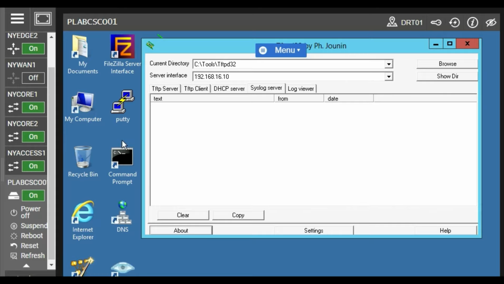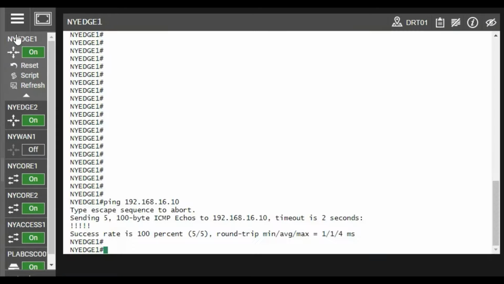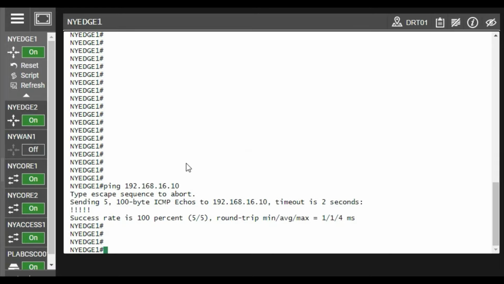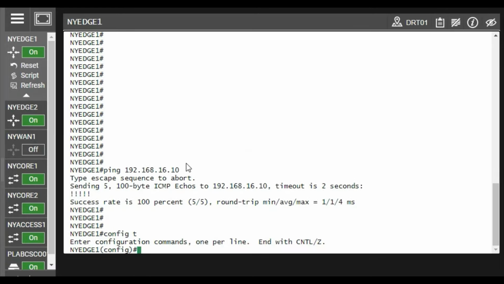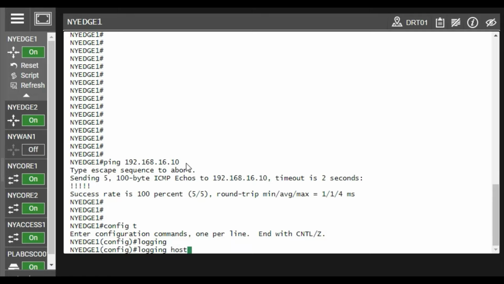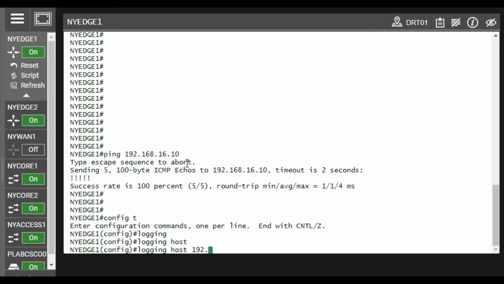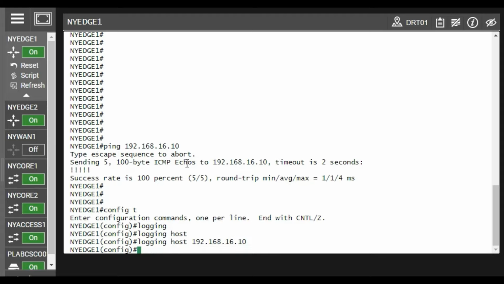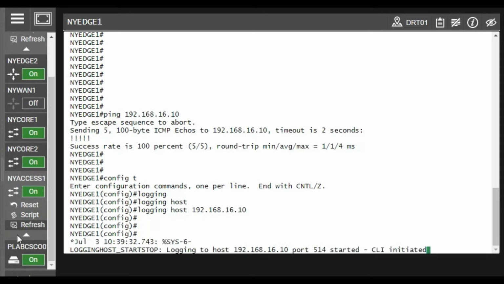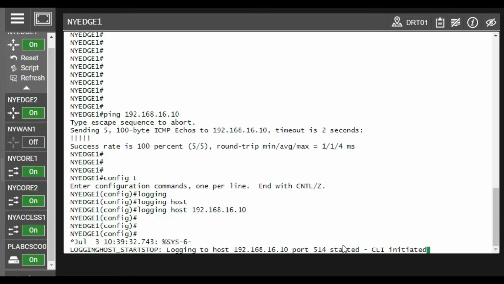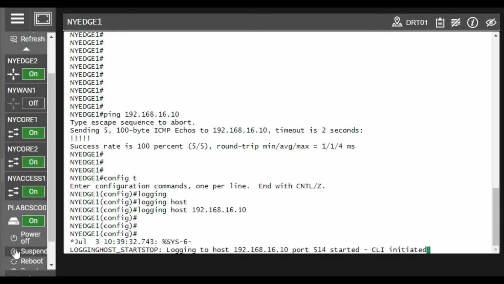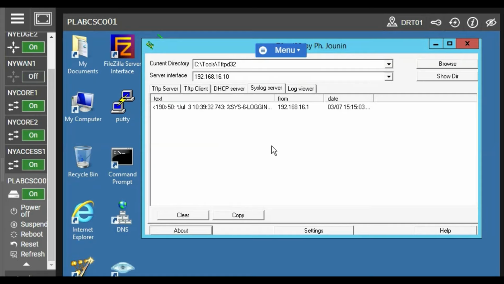So go to router NYH1 and configure: config terminal, logging host, the IP address of the server, which is 16.10, and that's it. Let's check. Here you got one logging host start stop type of log. That log you will get on the logging server.